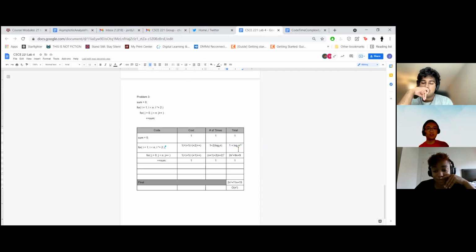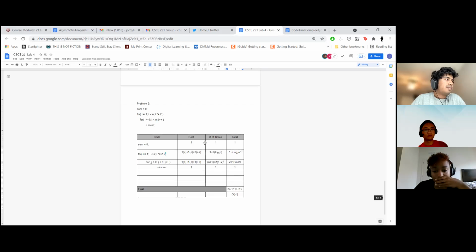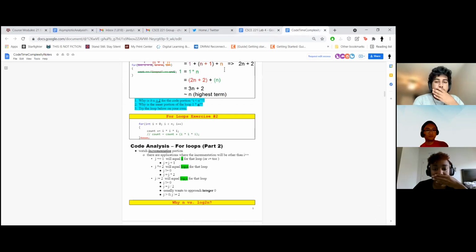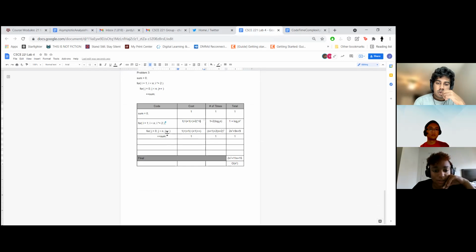Do we need a +1 or -1 for the log 2 of n though, like how we did with the n+1? Because I didn't count. That's a good question. I don't think we do. I think we just have it as is. Oh, I have to change this too. And this is still 2 out here. So